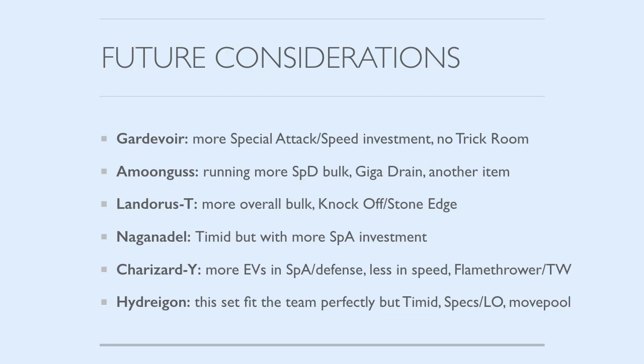With Amoonguss, like I mentioned, you could run Sassy or Calm and run more special defense instead of defense, but I think defense is better on Amoonguss overall, just because you're bulky enough where you can take Psychics and Ice Beams from non-STAB Pokemon anyway, and even Cresselia doesn't do too much to you, and then you can just heal back with Regenerator. Whereas Kangaskhan, Kangaskhan in general is just really annoying,